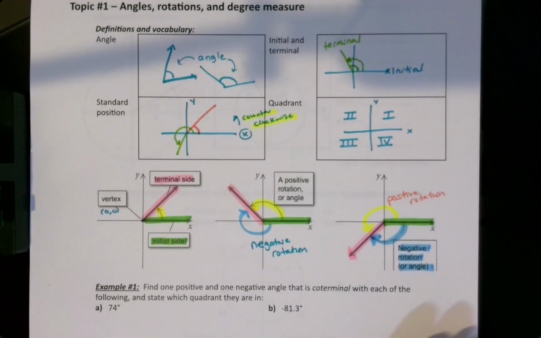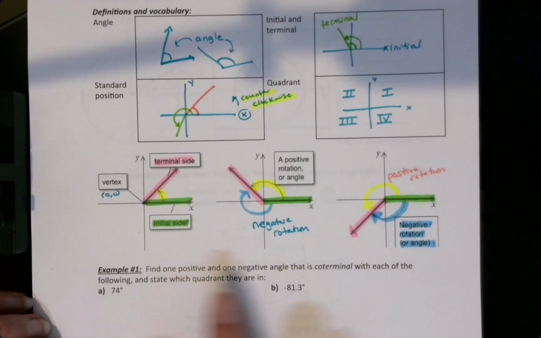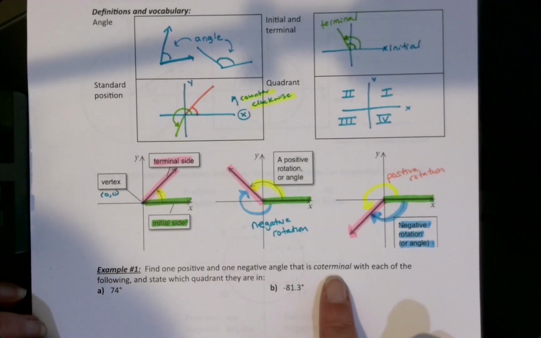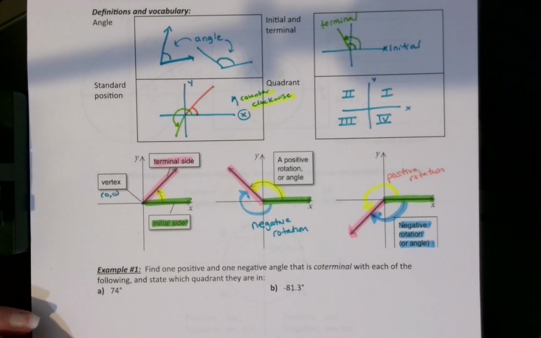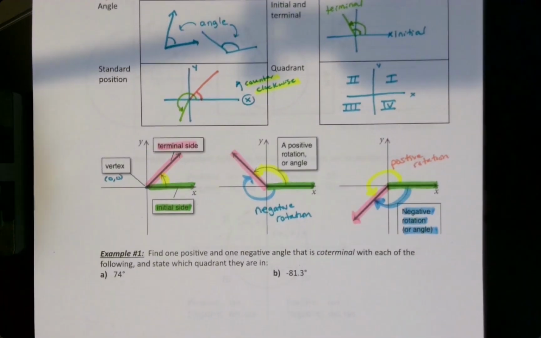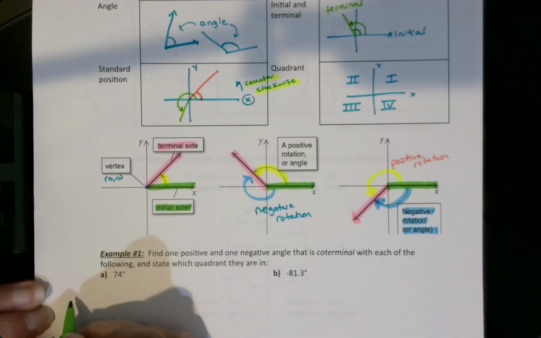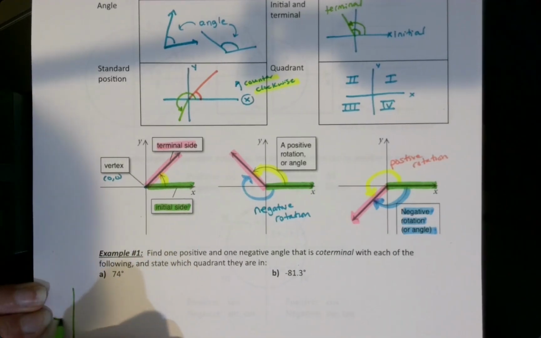Bottom of the page here, example 1, find one positive and one negative angle that is coterminal with each of the following and then state which quadrant they are in. All right, so I'm actually going to state my quadrant on this one first. I like to draw a diagram as we're doing this. So my diagram right here for 74 degrees,